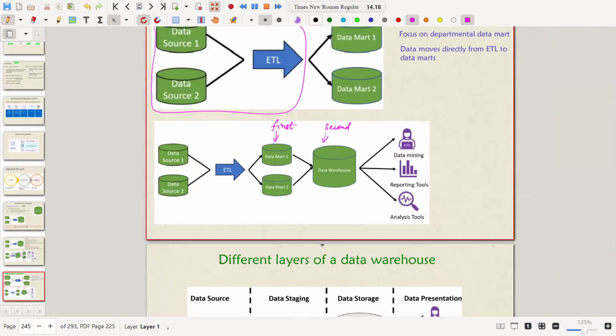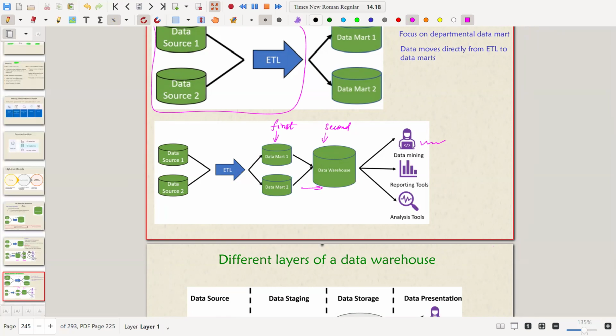After you have used the ETL transform on your different data sources, you feed it into different departments, like finance or personal information, specific using data marts. After that, you integrate them into a data warehouse. Then it is available for any intelligence tools, like Power BI or Tableau, or any business intelligence tools for your data visualization or any kind of analysis you can try to do here. Okay, fine.